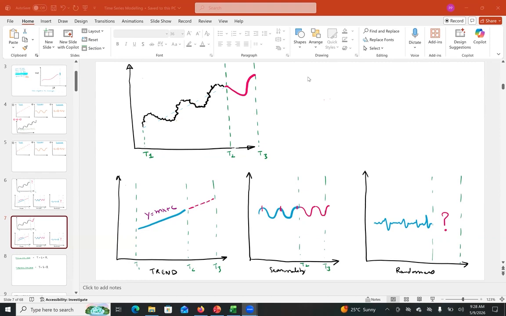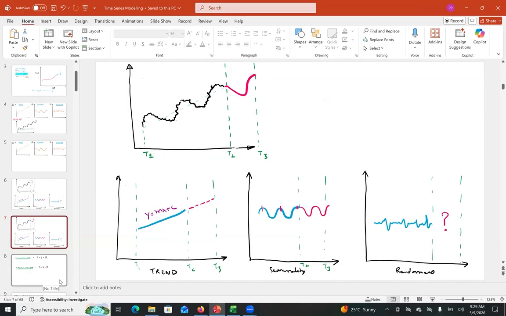Now, I said we will decompose it. That is the first step. The second step is to combine it to make the prediction. We will see both how to decompose the time series and how to combine it to make the prediction. But one thing we need to remember is that before combining or decomposing the time series, we have to make an assumption. The assumption is whether my time series is an additive time series or a multiplicative time series.